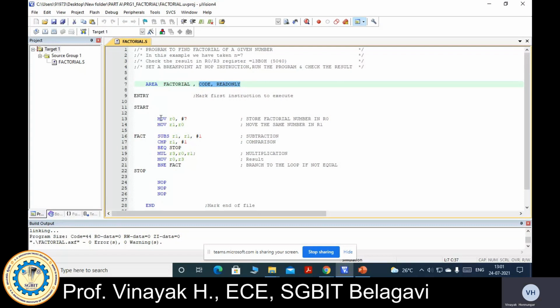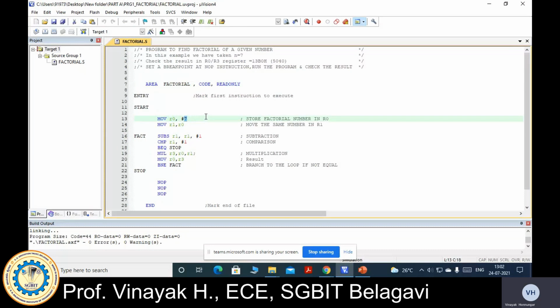Now here I am using a few registers. See, in R0, I am going to store the value whose factorial you have to find. The given value is 7, so I have to find the factorial of 7. It is as good as multiplying 7 by 6, by 5, by 4, then by 3, then by 2, by 1.